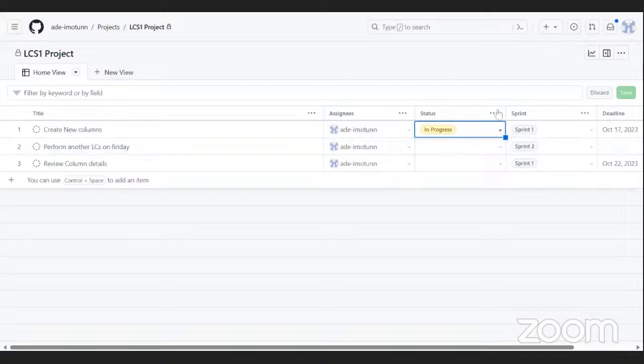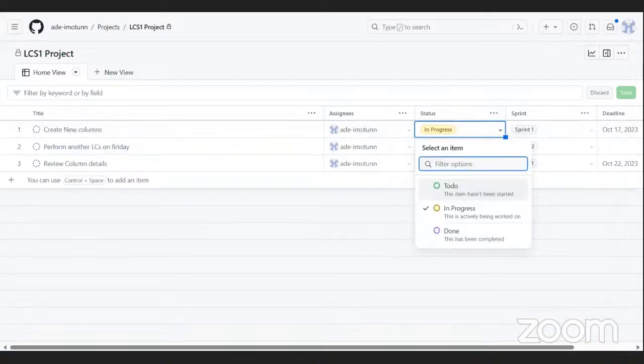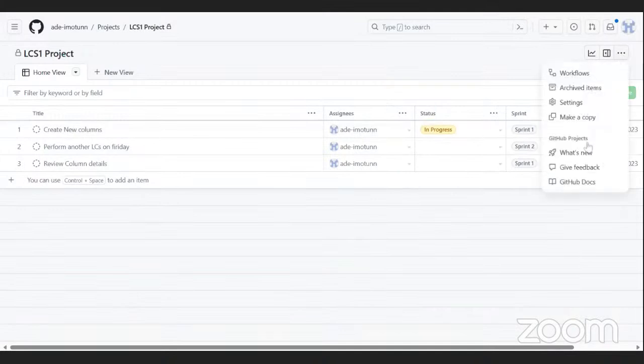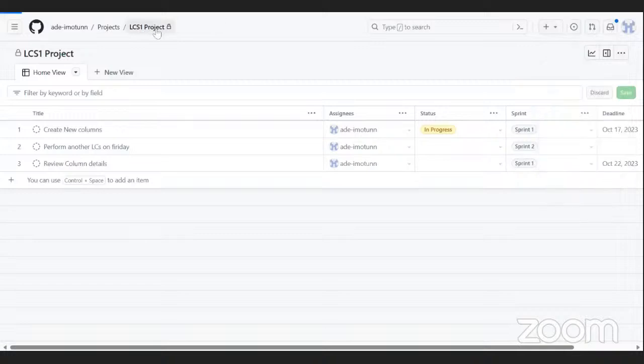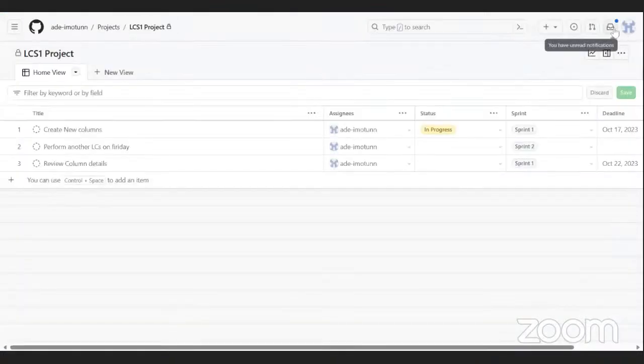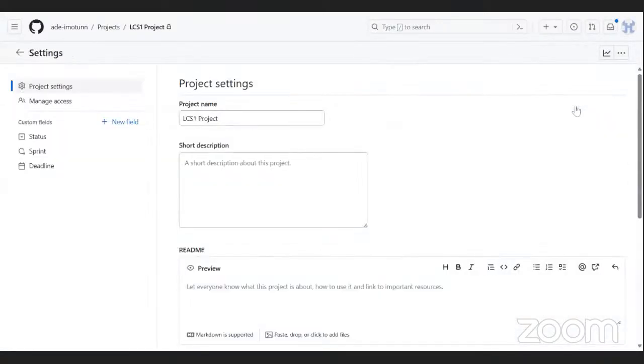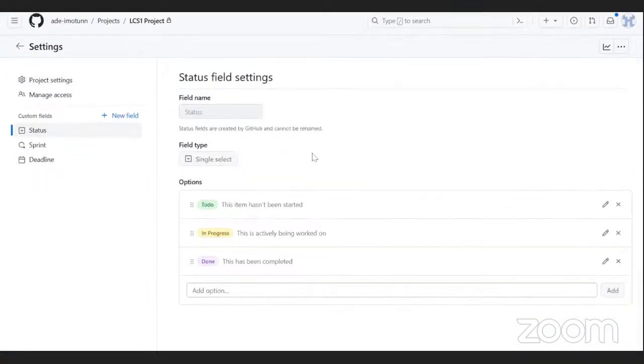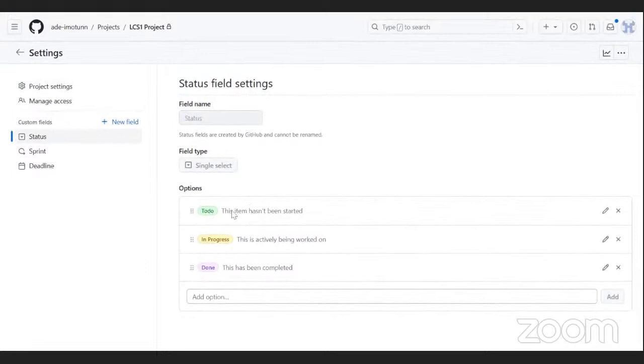So as I said, we have to add one to this to also be in progress. To do that, we're going to come to the project settings. So this is the project here. So we go to the project settings exactly. This is the project settings, and this is the status field. So apart from the to do, this is also a way for you to come and edit. So apart from the status field,